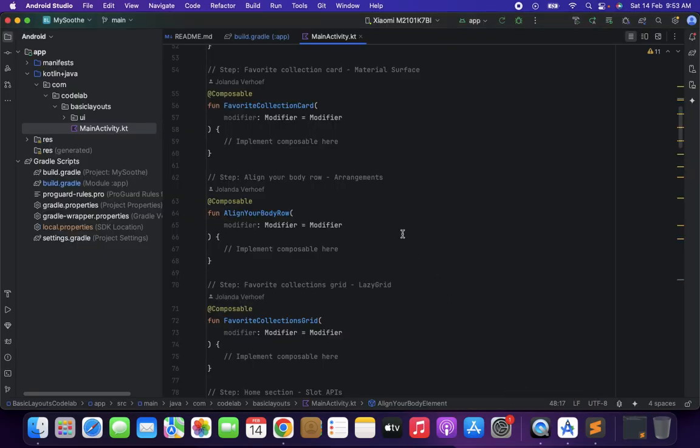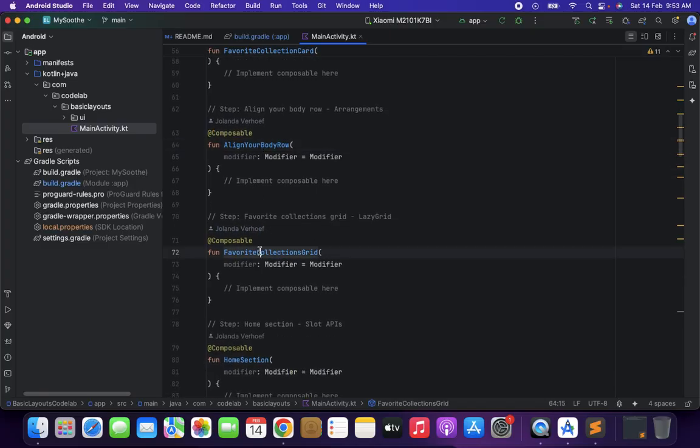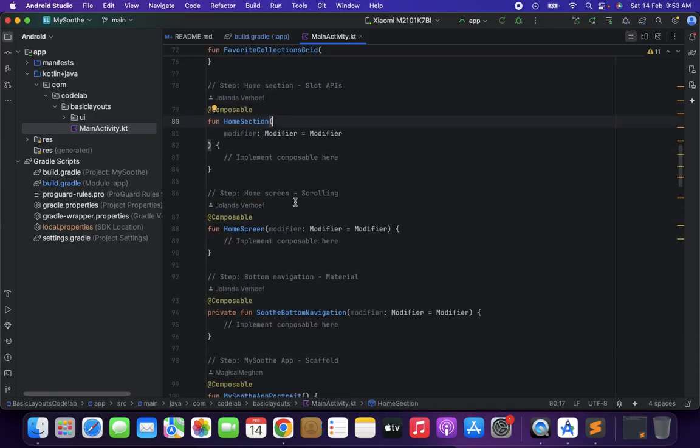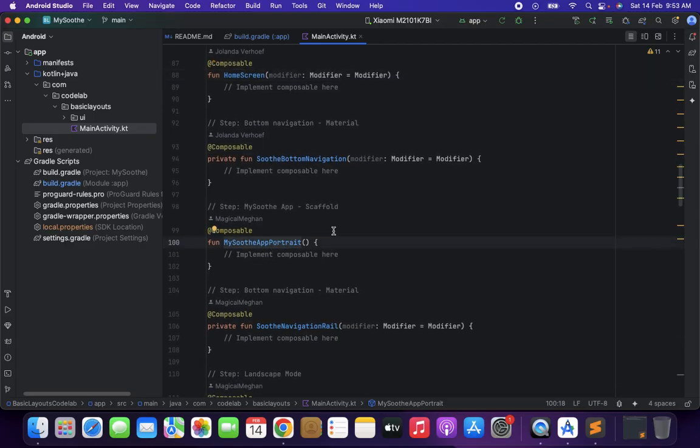So what this code is doing is breaking down the UI into small composable UI elements, which will help us reuse those components over and over. So there's the align your body composable. Another is a favorite collection grid, which is a lazy grid. Also there is a home screen slot API. Slot API, I don't know what this is, but we'll find it out in the code lab. There is also a home screen with scrolling. Okay, there is a bottom navigation, and also